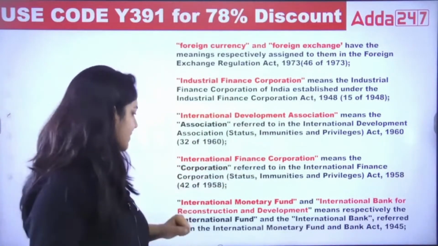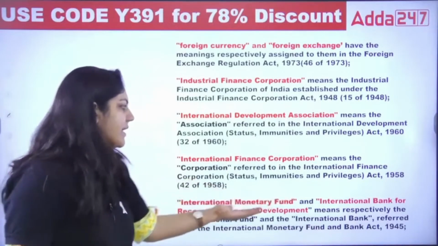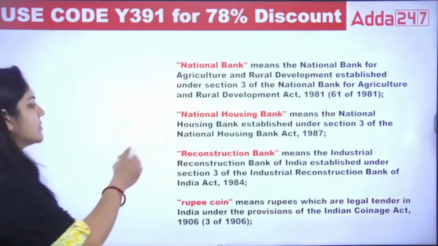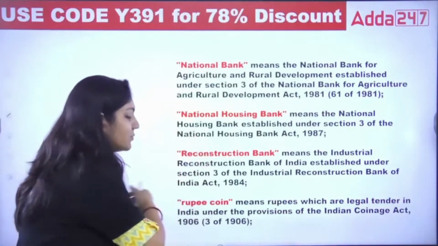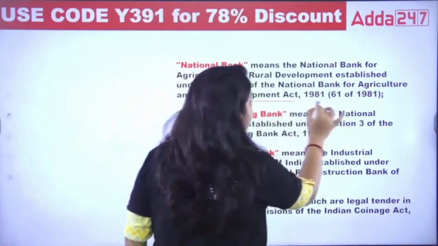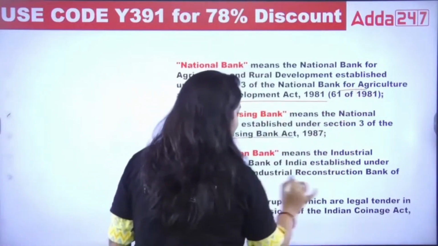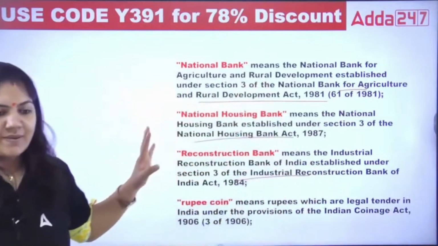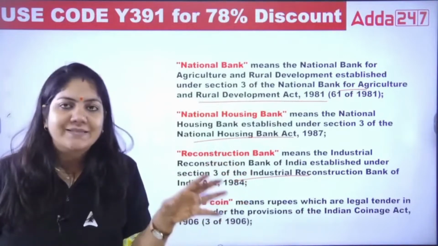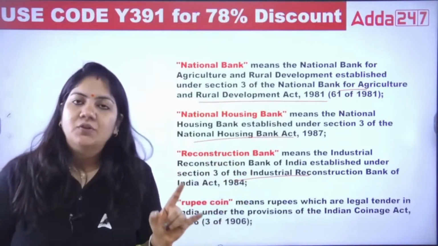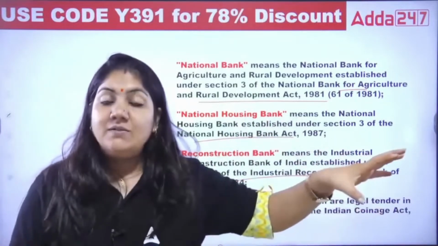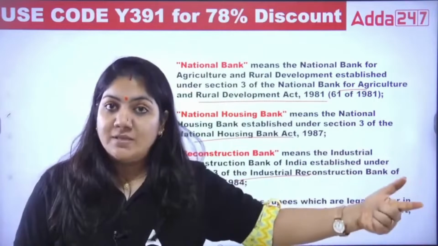International Financial Corporation, International Monetary Fund, National Bank, National Housing Bank, Reconstruction Bank, rupee coin. So these are banks established under specific acts, as you can easily see, so no need to remember them. Just always remember that whichever bank is established, every bank has to follow the Banking Regulation Act, and if they have a separate act, that is for their constitution and duties, but for the regulation